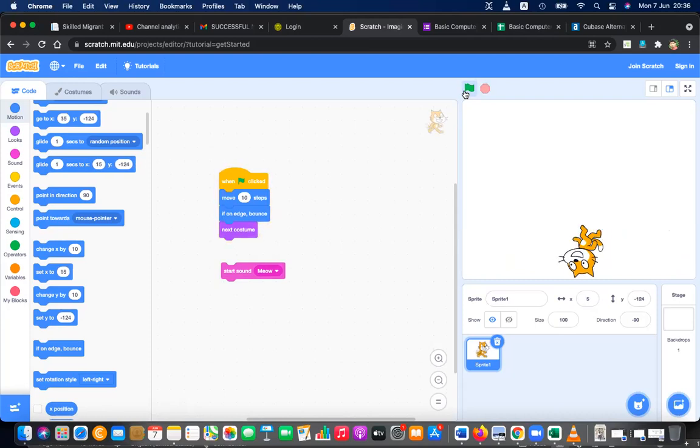You have to keep pressing the flag and it will bounce back. But I just want it to bounce at the edge without changing the direction, so no need to change the orientation. It's an upside down cat.